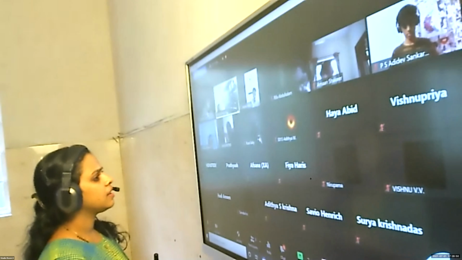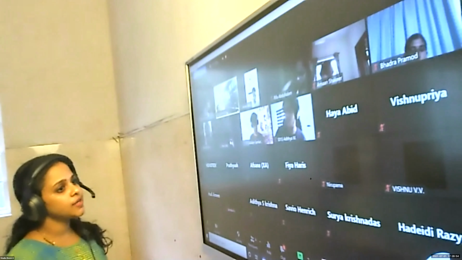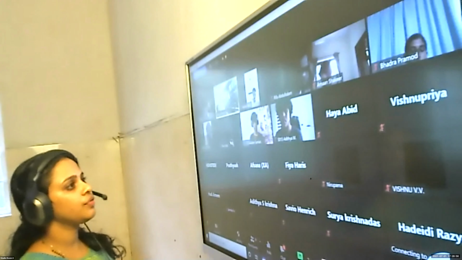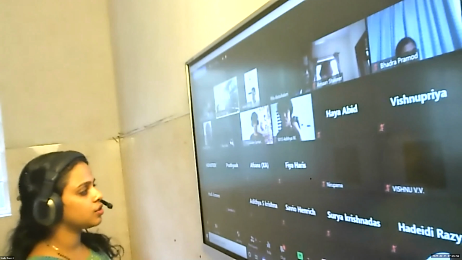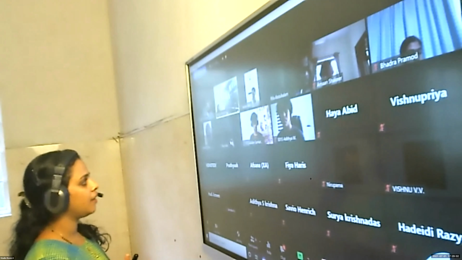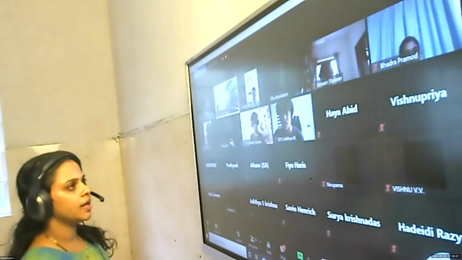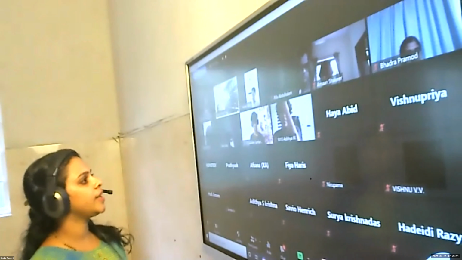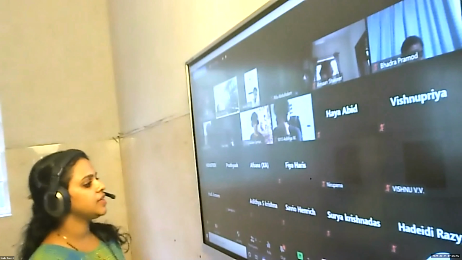Okay. Then one more equation is there. The relation between the charge of an electron and the number of electrons. What is the relation between charge and the number of electrons? Right. Q is equal to Ne. Yes, good. Q is equal to Ne is the equation connecting the number of electrons and the charge.